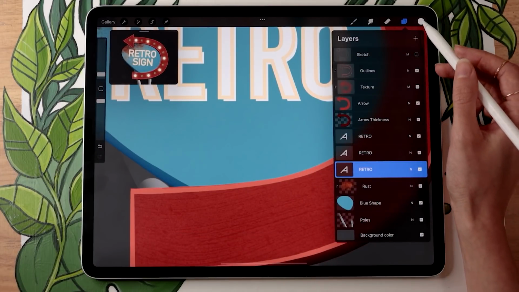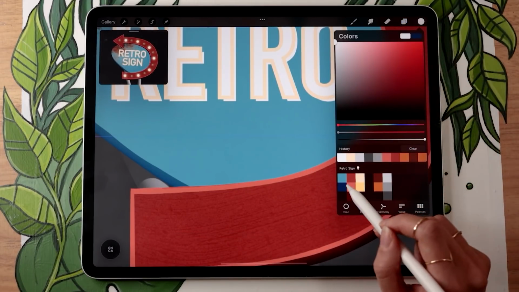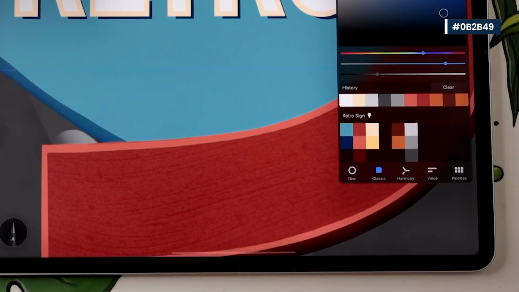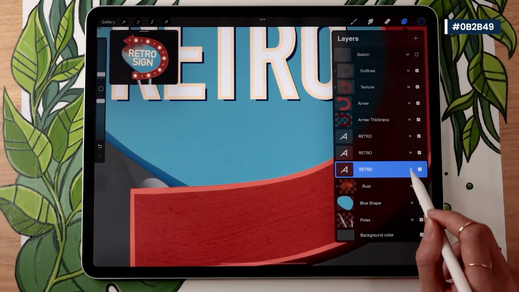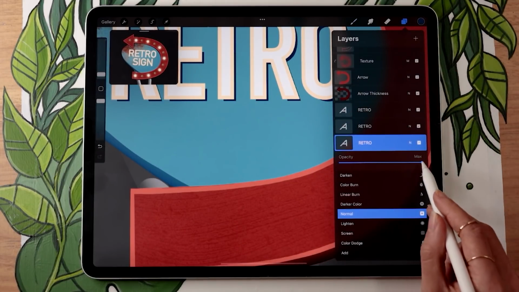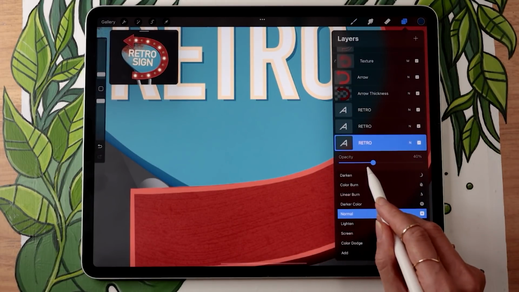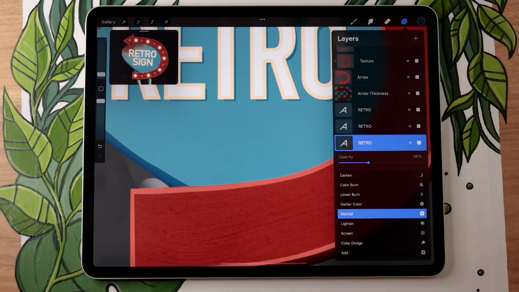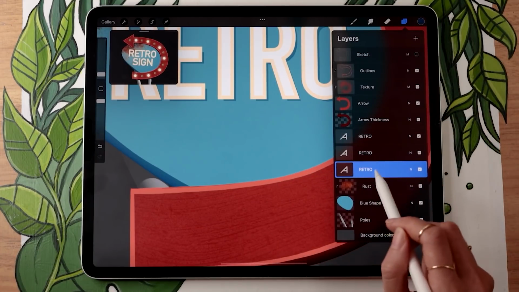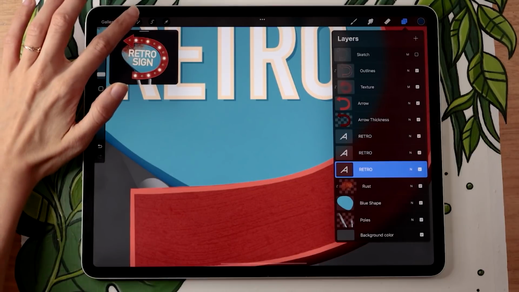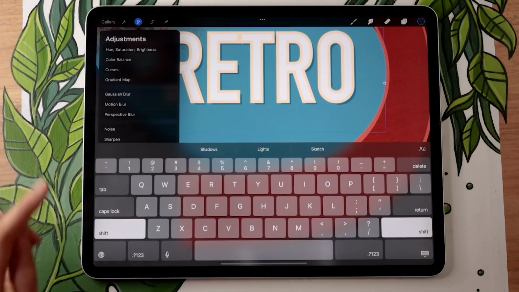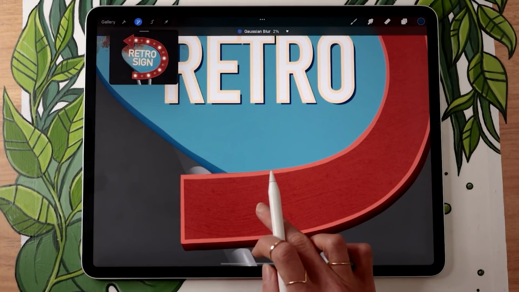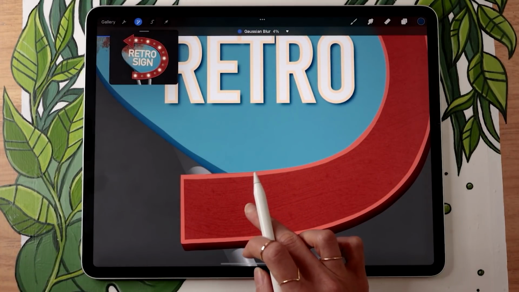And then you're going to set this layer to whichever color you want your shadows to be. I'm going to go with the same blue I used for my thickness, so this right here. You can then go ahead and of course lower the opacity if you feel like your shadows are a bit too much. And if you feel like your shadows are a little bit too sharp, you could go ahead and, with your shadow layer selected, go in the adjustment menu, pick Gaussian blur, and then add as much or as little blur as you want.